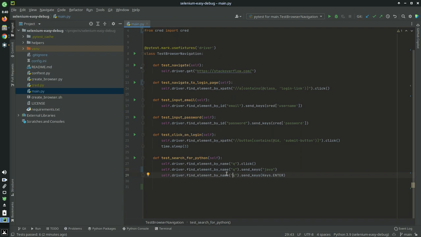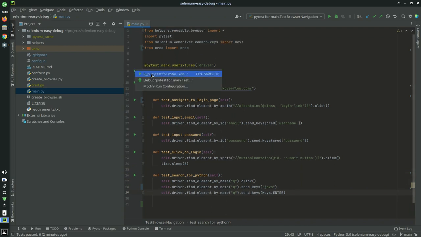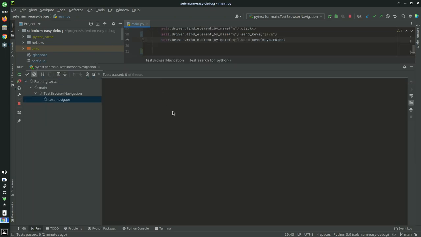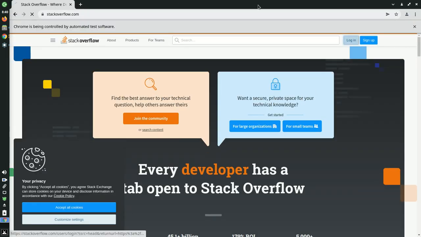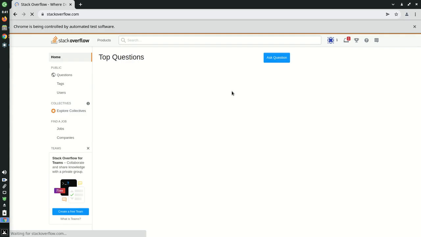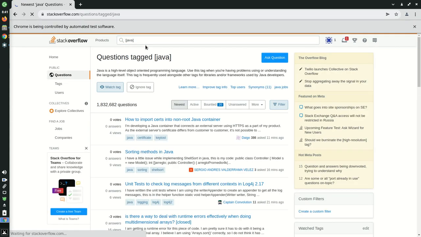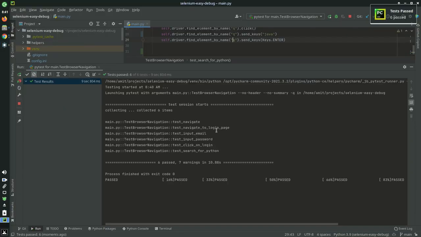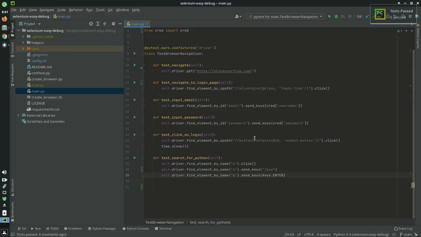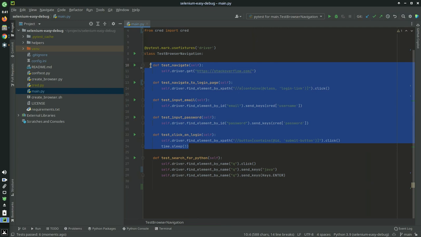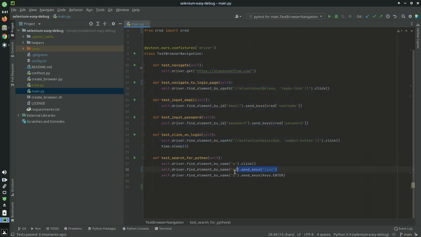Now in order to test it, how would I test it? I need to run this entire script again. So it is going to open up the browser again, it is going to log in, it is going to get to this page, and then it is going to search for Java. There lies the problem. So the bigger the preliminary steps will be, the more time it will take to debug